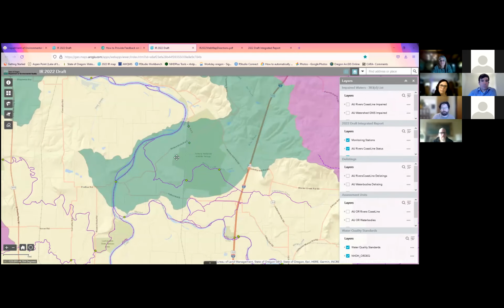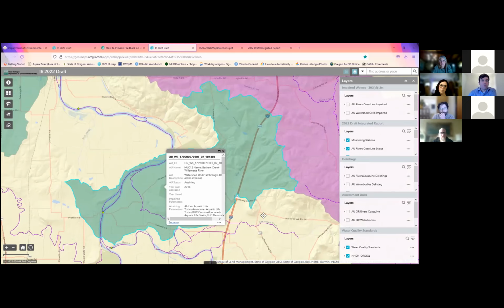Here's a good example. This is a watershed unit where we did not assess any new data in 2022, but this unit itself is attaining for this very long list of parameters here.